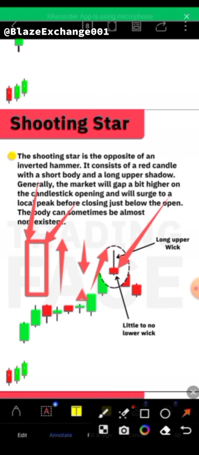Where the space is here, you know what it is going to form. It goes up first before coming down. Then the space here, that's where they will form a wick. You understand what I'm trying to say? Any place you see a wick, the price actually goes to that place before coming down. I don't know if you understand what I'm trying to say. So that's what they're trying to explain in this particular scenario.